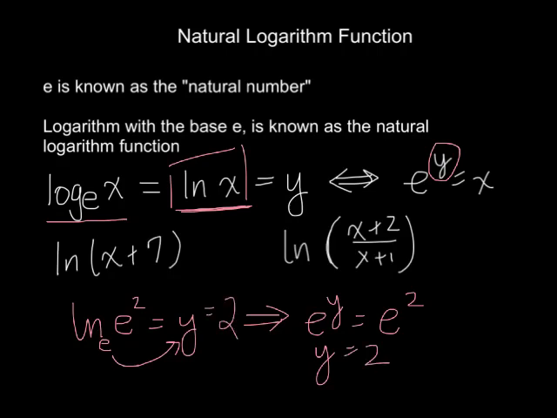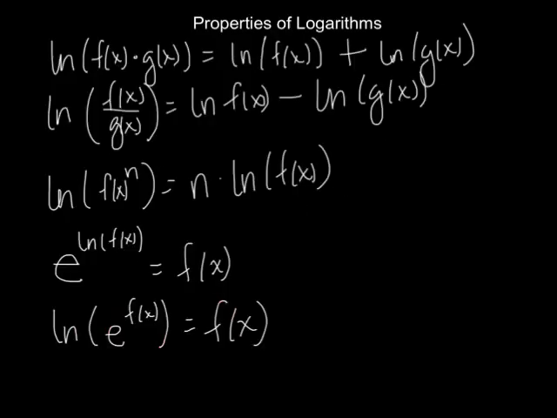So anytime we're asking for a logarithm, we really want to know an exponent. What exponent do we want on the base that will give us what we're taking the logarithm of? Okay, so I've given you a couple of examples here. We have the ln of x plus 7, that's a natural log function, the ln of x plus 2 over x plus 1. And we'll take a look at some logarithm properties that will help us when we learn to take derivatives. So that's what we're going to do next.